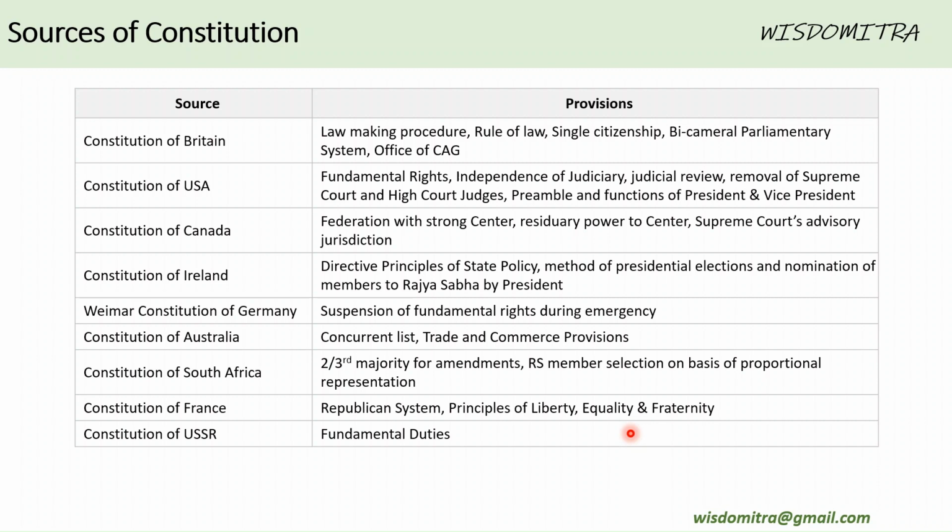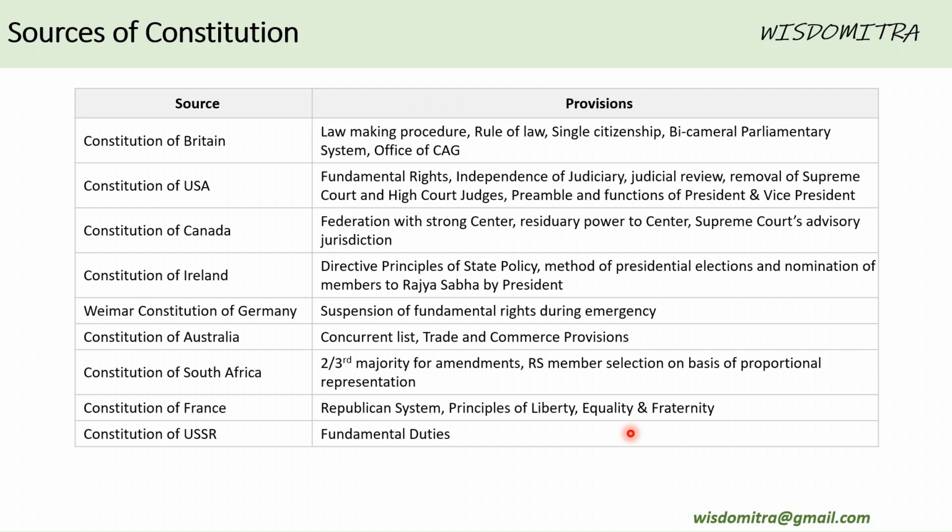And from Constitution of USA, the fundamental rights, these were the biggest source. So, in the sense that the fundamental rights were taken from the Constitution of USA, the idea. Similarly, the independence of judiciary, judicial review, removal procedure for Supreme Court and High Court judges, the preamble, the functions of president and vice president, these ideas were picked up from the Constitution of USA. So, this idea of judicial review is really, really strong in USA, and that idea has been adopted in our